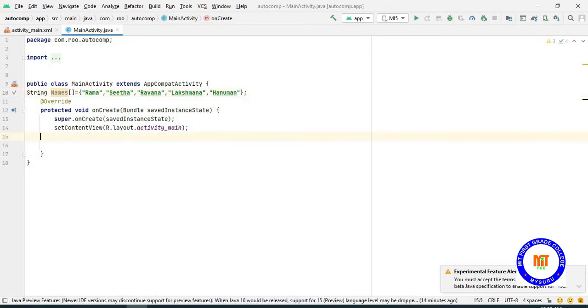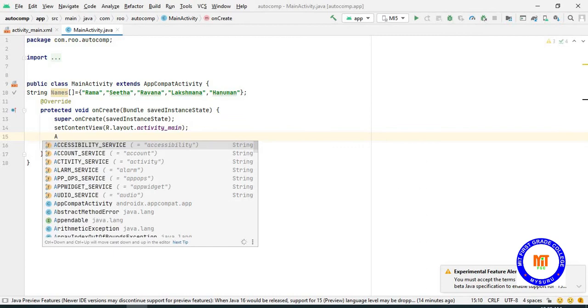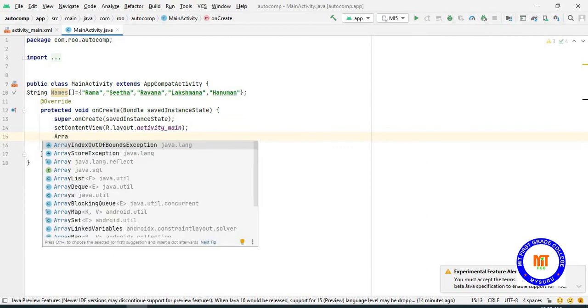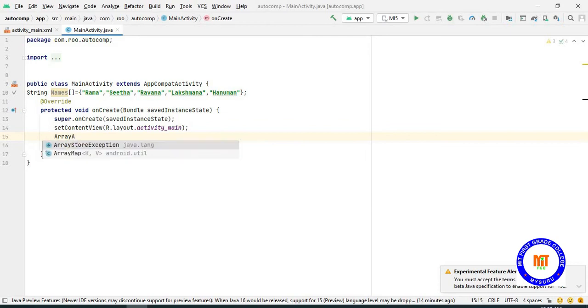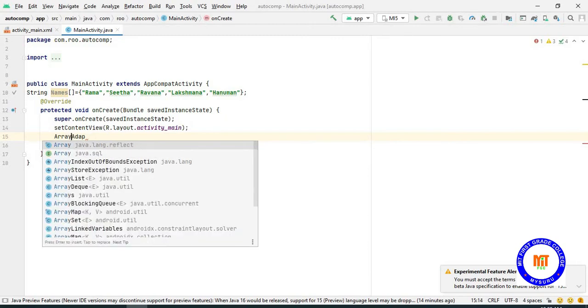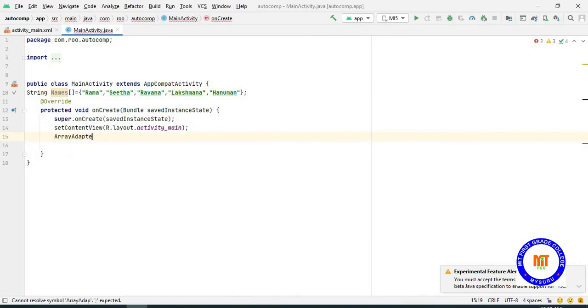Now to support this array, I need an array adapter. Try to type it.